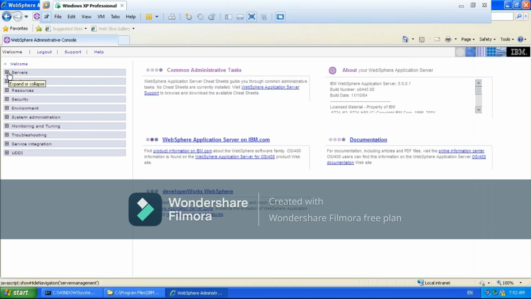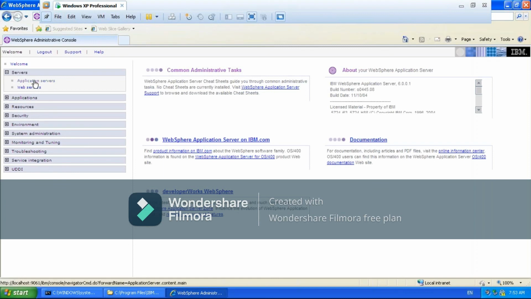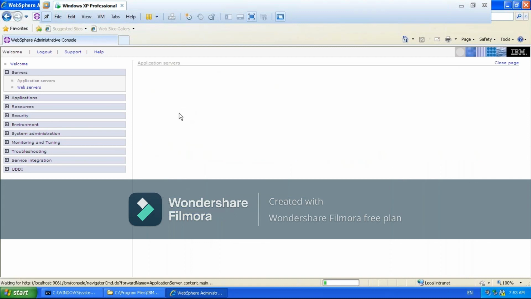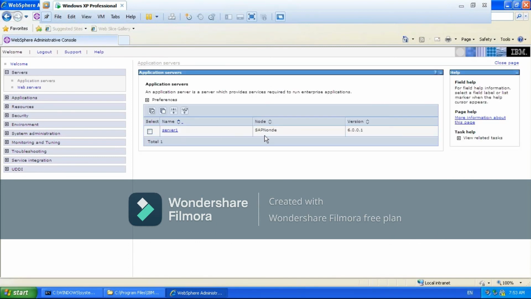If you observe here, you click on server one, it looks the same as that one, server one only. It looks the same as server one, but this server one is created under the node of SAP node, right?